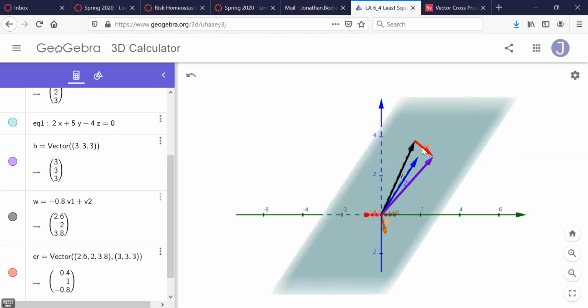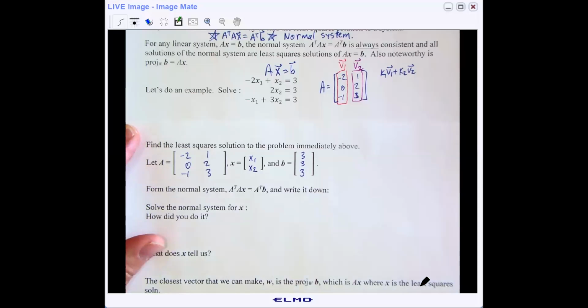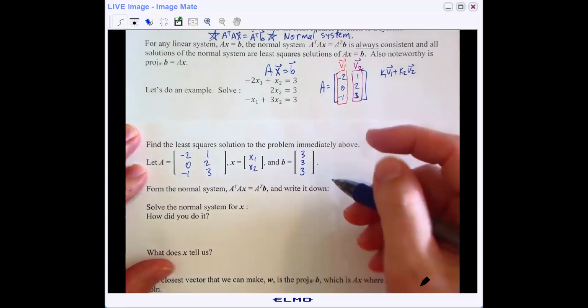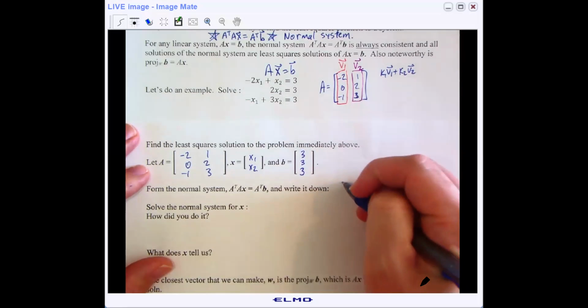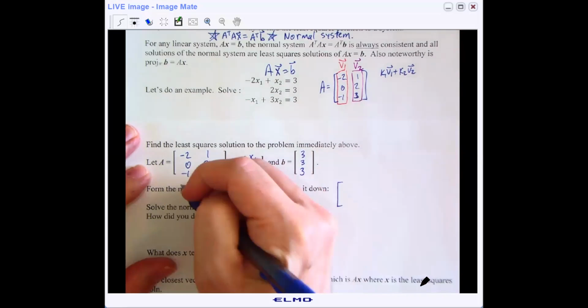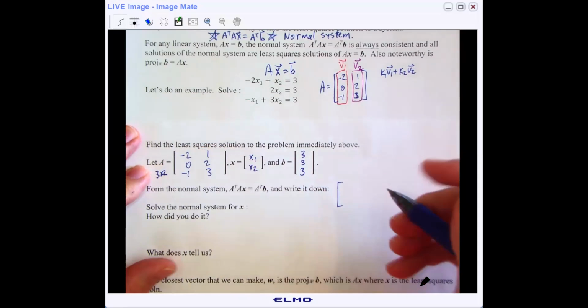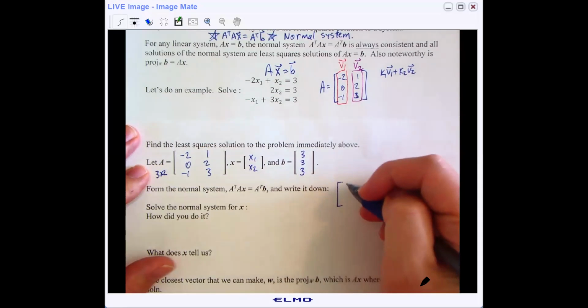Okay. All right, so let's go back to our paper and find out how we can solve this system. Well, first thing we need to do is set up the normal system. A transpose AX equals A transpose B. So let's do A transpose. Remember that A is a 3×2 matrix. So A transpose will be a 2×3 matrix